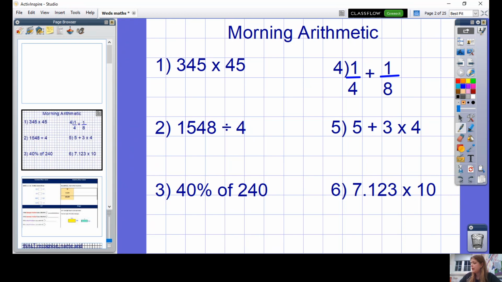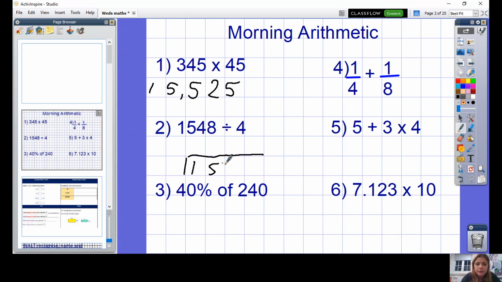The first question was 345 multiplied by 45. You should have used your long multiplication method in order to find the answer to this one. I won't have space to fit it here, but the answer was 15,525. Your next question was